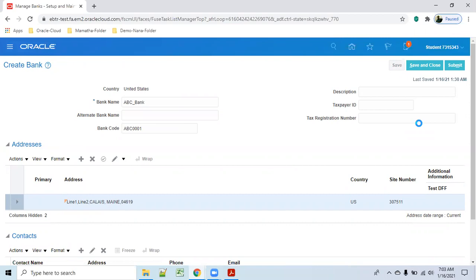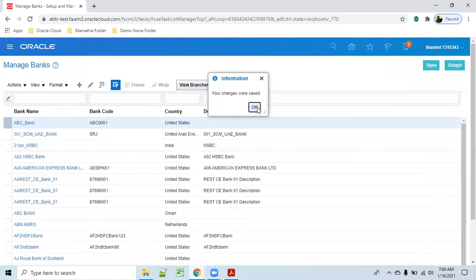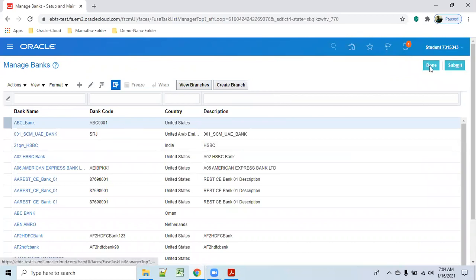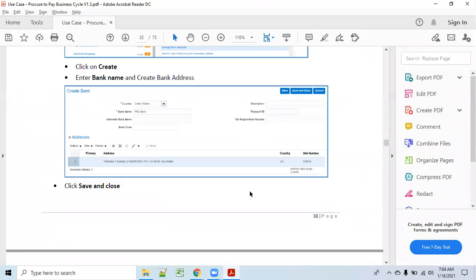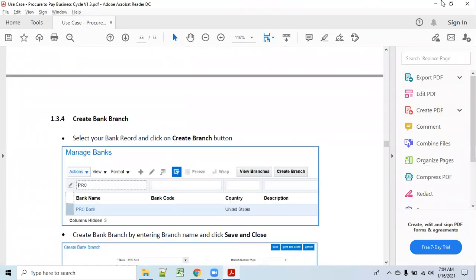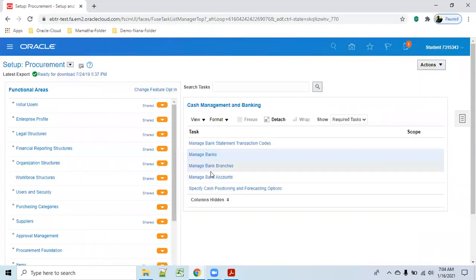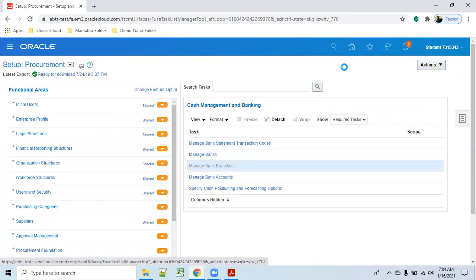So common options are not working. I don't know. Let us see why it is not working. Okay, now we'll go to where? So ABC came. Click on done or submit. And done. Now we need to create under the bank. We have to create the branch. How many branches do you have? I have only a single branch that will be in US. So select the branch.